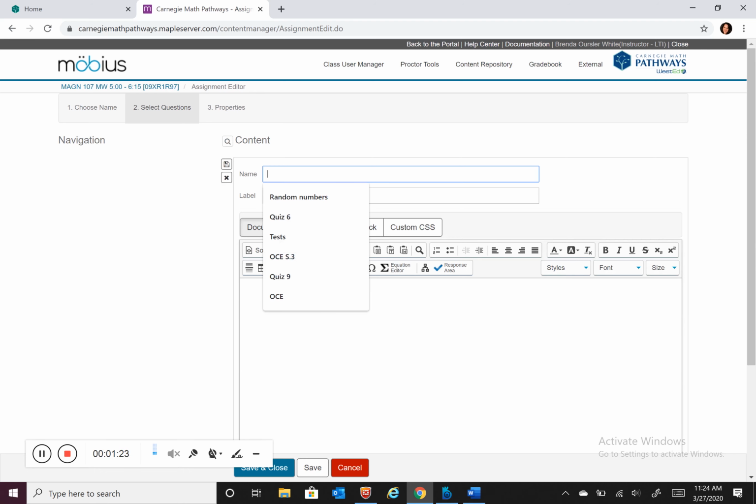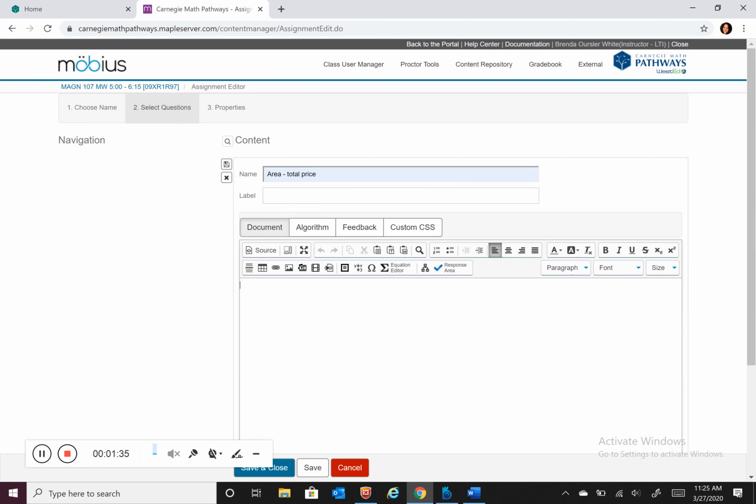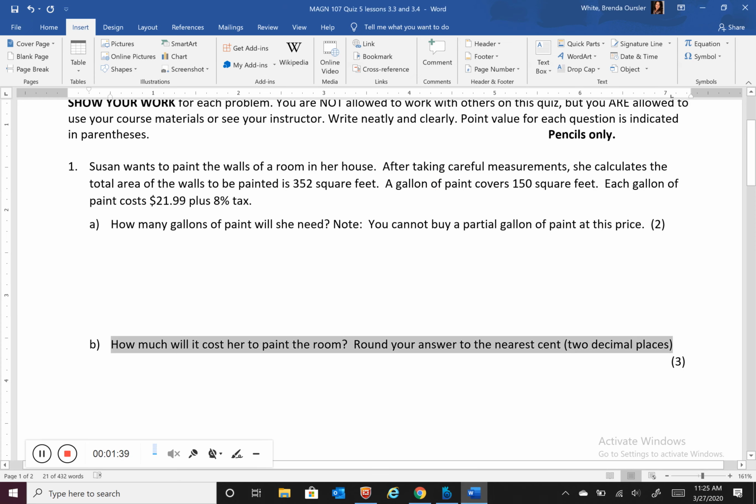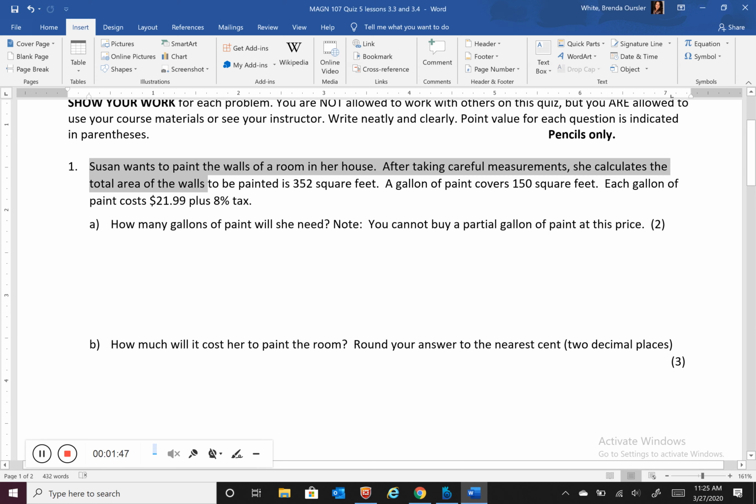And for the content name for each question, that's going to be more like your topic or objective. So my first one is from lesson 3.3, which is area or total price. So then I'm going to go to my Word document, which is the piece of information I was going to give my students, paper and pencil, if we actually had regular classes in class. So I'm selecting that question,